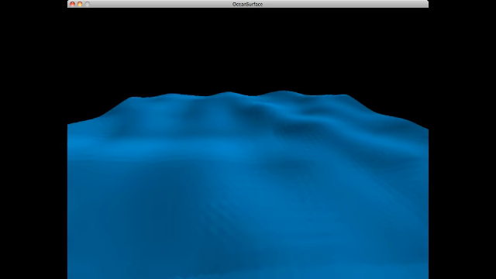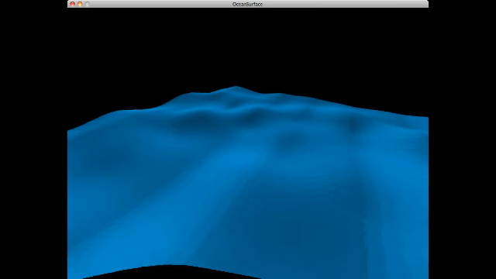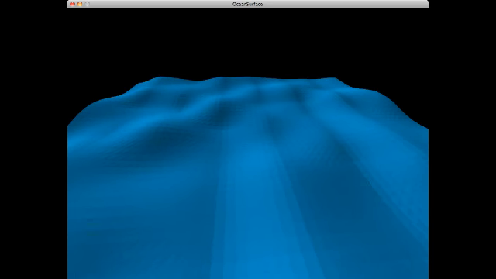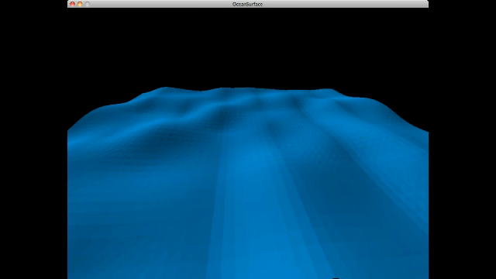That noise function can be visualized as a superimposed 8 by 8 lattice that sits in the same space as the 64 by 64 vertex grid, and the intermediate vertices